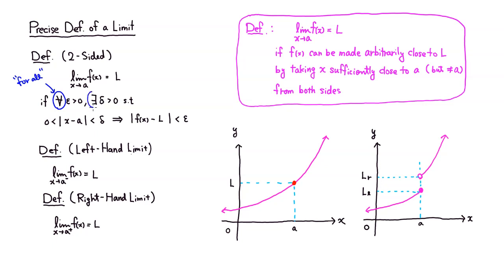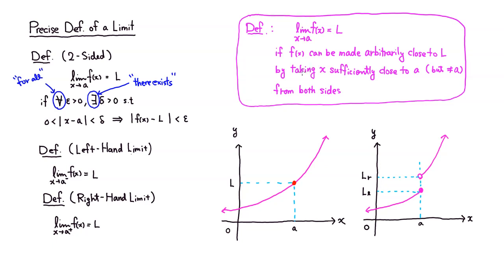This is a lazy math notation, because we can't spell. There exists a corresponding delta value, a positive delta value, such that